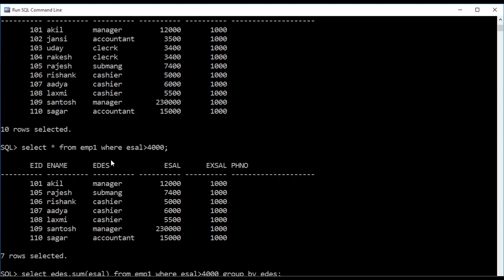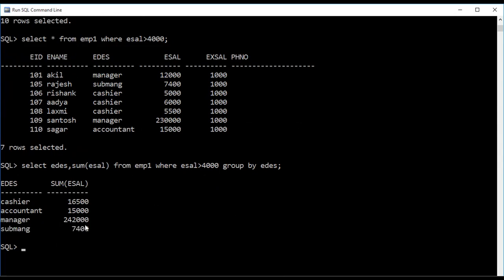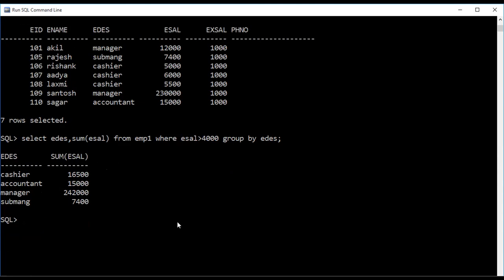That means this first where condition is applied, so you will get a table. On this table, you are performing group by, so you are getting this group by result. Now, on whatever result you got in this group by, I am performing the having condition. Having, I want to display the sum of the employees' salaries where the sum is more than 10,000.